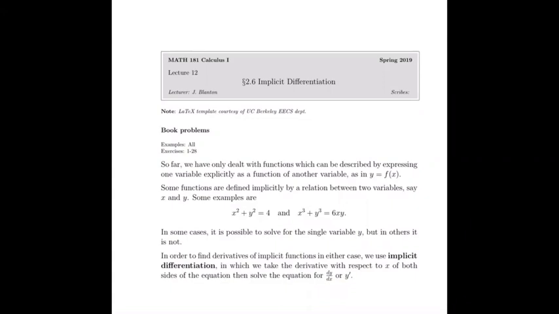This is a pretty handy technique for situations where x variables and y variables are tangled up in a relation of some sort, but we can't quite solve for y as a function of x. That's really what this first line is saying to us right here. So we can't find a representation of the form y equals f of x. And since most of our functions so far, and in a lot of the courses you probably had to this point, looked like this form, y equals some function of x,